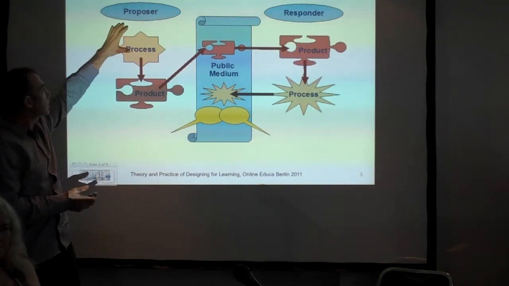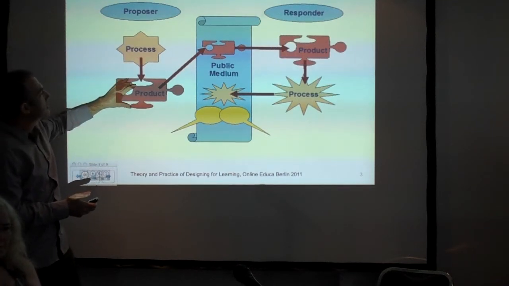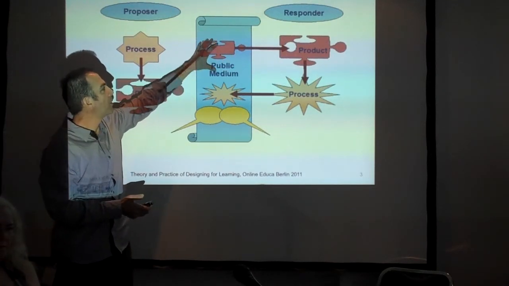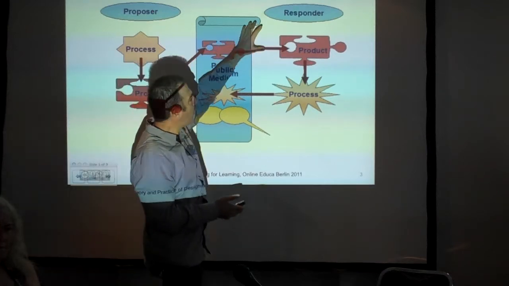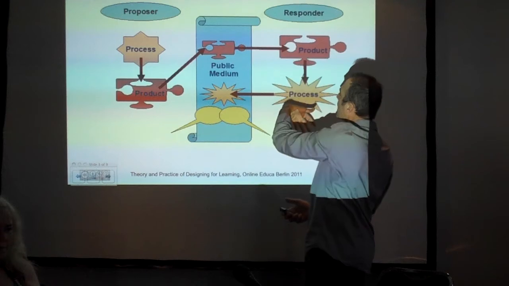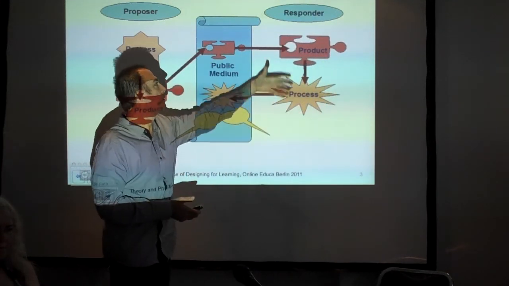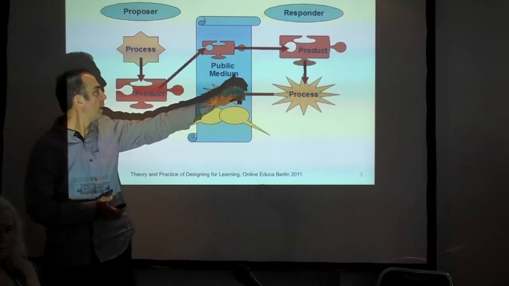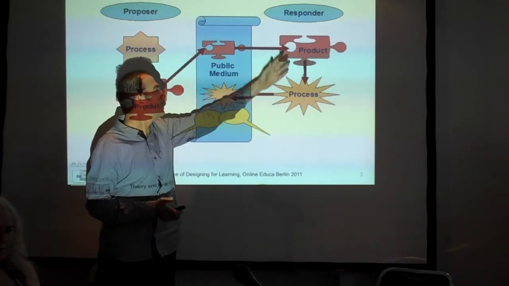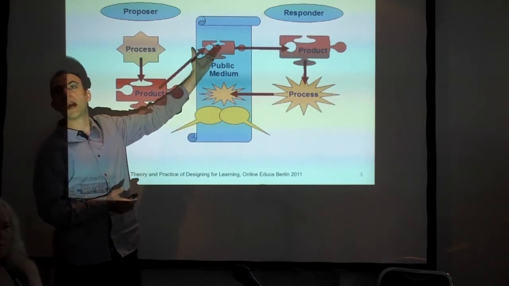The proposer constructs a process, derives a product of that process, and shares this in some public medium. The responder then sees this object, the product, and tries to reverse engineer and regenerate the process that produced this product. And if he succeeds, he shares his version of the process in the same public medium as a response